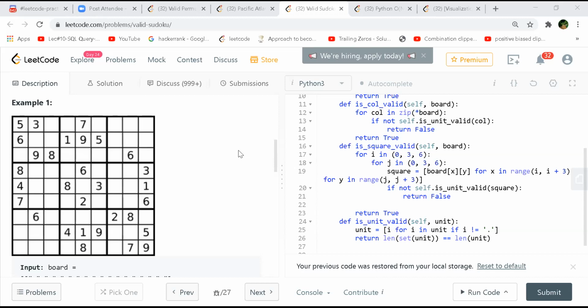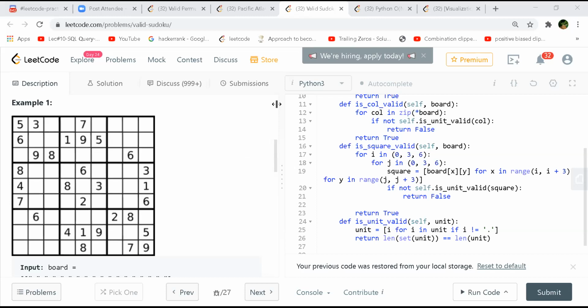Whenever you encounter any cell, you look for which column and which row that particular cell lies in. Before placing, you just check if there is a duplicate already available of the same value. If there is, then you return false. If not, then you place it, and you keep doing that for all of them, right? So that can be done without backtracking also. Yeah, I did the exact same way using a set.